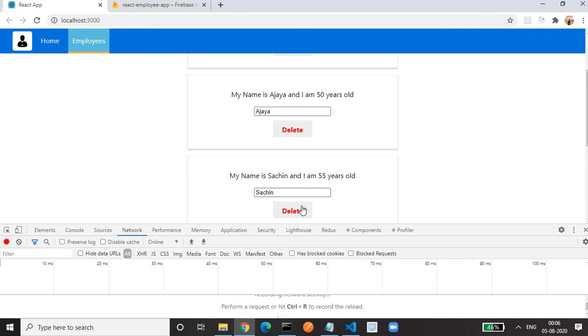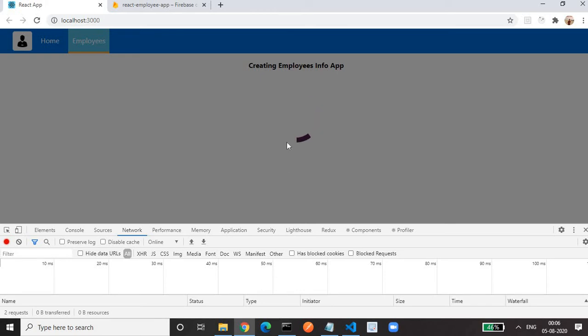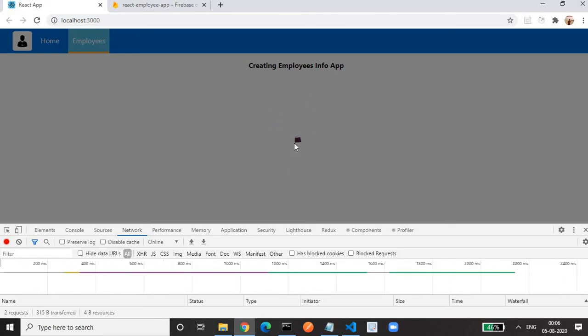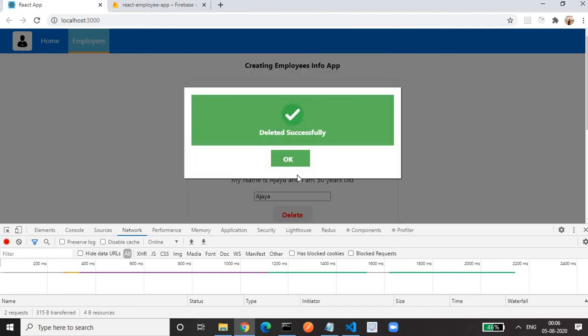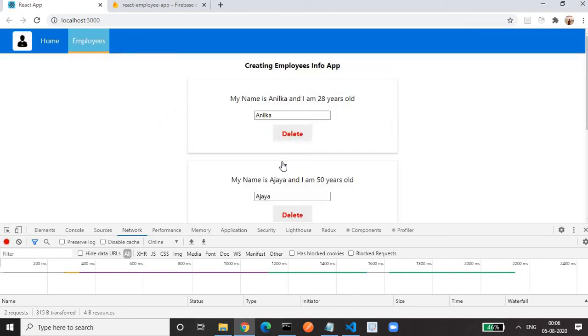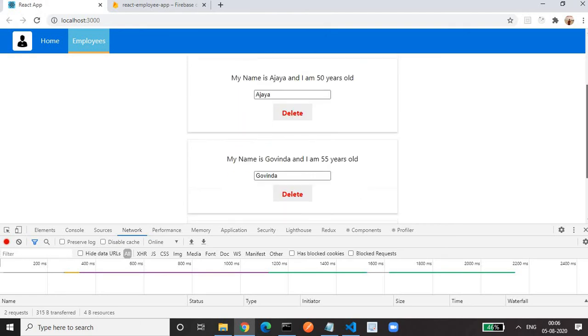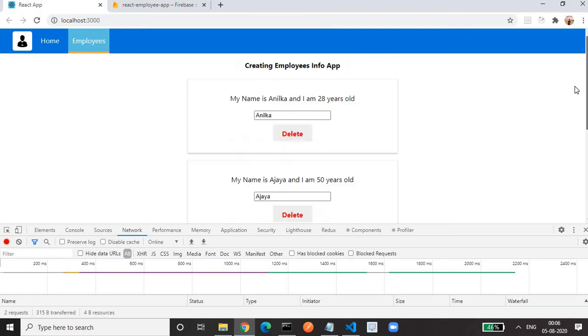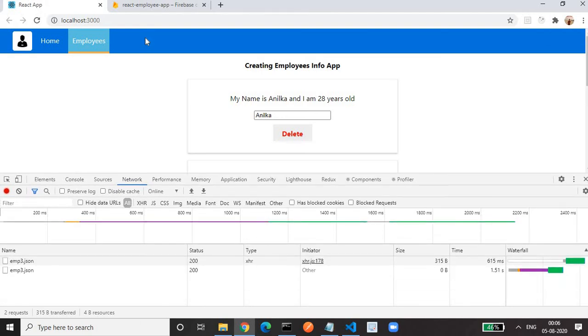So if I delete this one, you will see that on click of this, we are getting a nice looking loader. Our state is getting updated, because on delete I have shown you that you need the loader. Once deleted successfully, we are getting a success dialog box with the message that we have passed: deleted successfully. With the OK button, and on click of OK, we will see the updated record. We won't see the searching now. We will see only 4 employees. 1, 2, 3. One employee is deleted. The employee 2 is deleted.